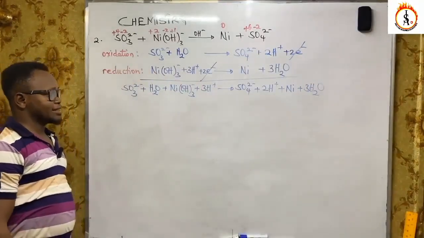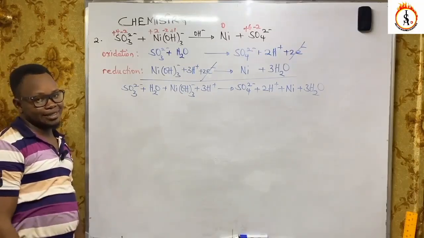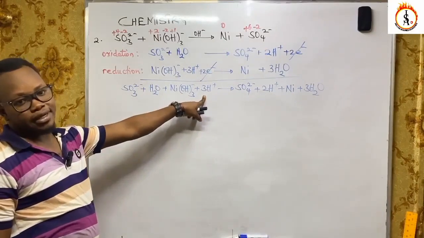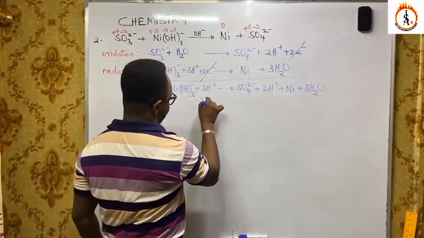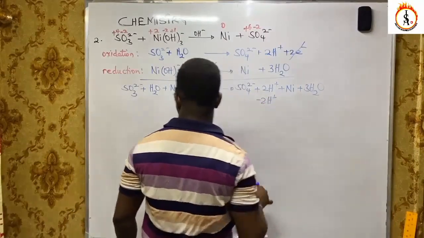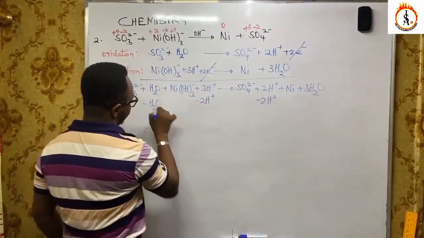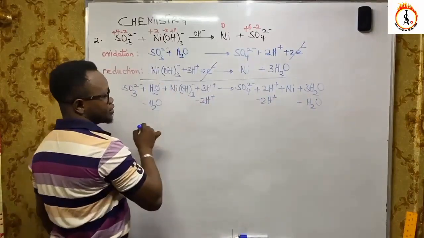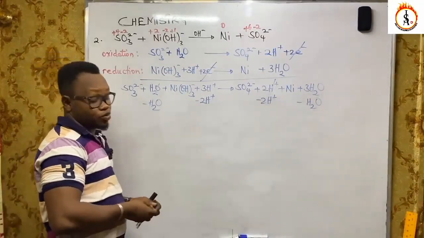But we have to balance this in what? In an alkaline medium. We're having here 3 hydrogen ions and here 2 hydrogen ions. What we do, we subtract here by 2 hydrogen ions and here 2 hydrogen ions. We have water here. We subtract here by a water molecule and here by a water molecule. So this cancels and this cancels. So canceling them, we are left with